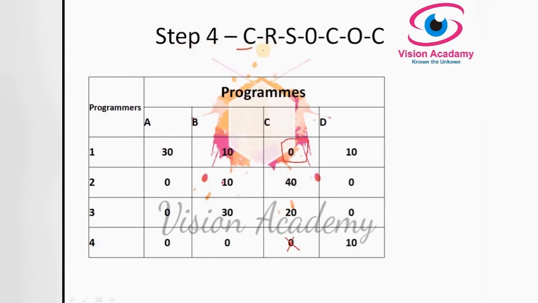In the column, make a rectangle around the column where a single 0 exists, and cross out all other zeros in the row. So let's go for the column then. So here we do have 3 zeros. This is the resulting matrix we obtained from the earlier calculation. Same thing I have carried forward here. So let's go for the first column. We are not having 1 zero, we have 3 zeros. We cannot perform for this.